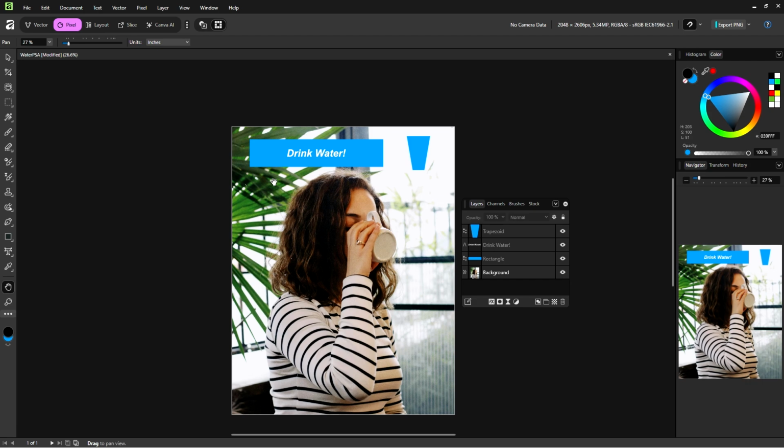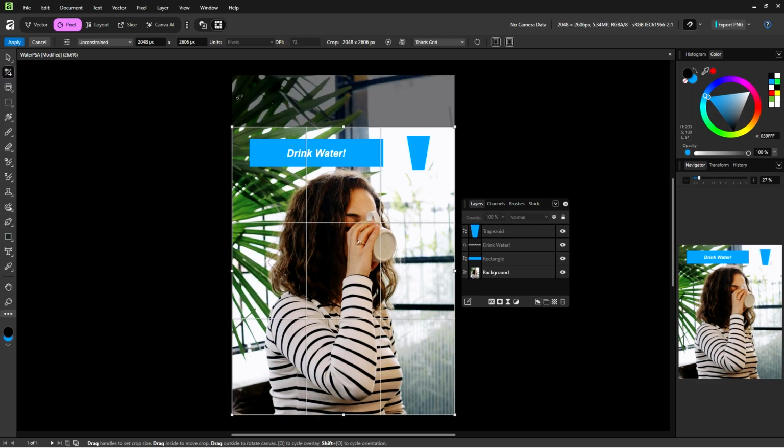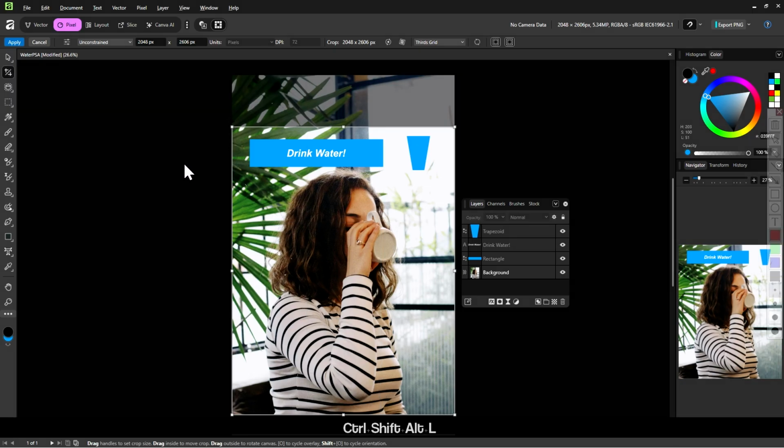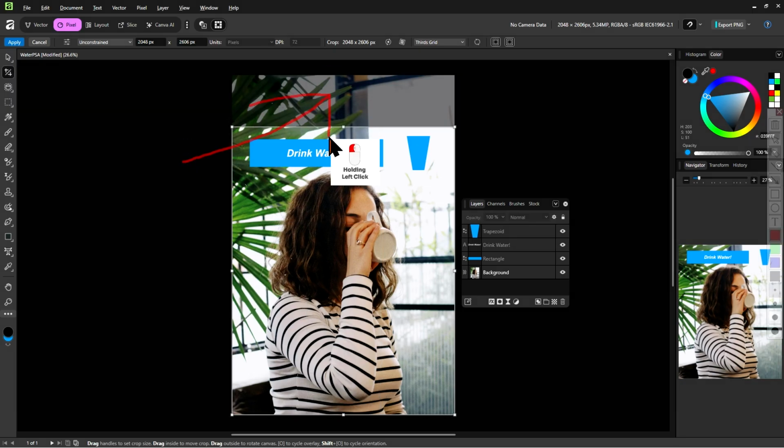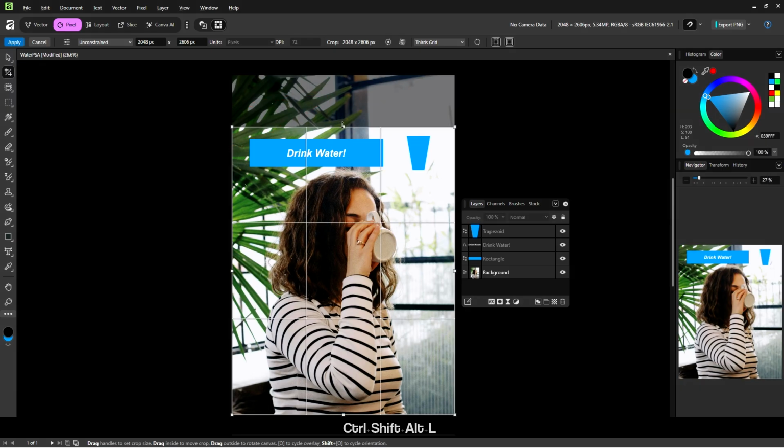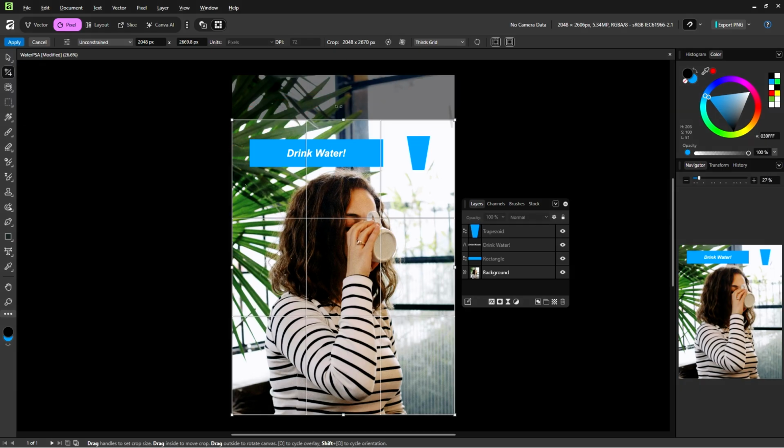But what does non-destructively mean? It just means that the cropping that we made isn't permanent. We can undo it anytime, even without using the undo command that we know with Ctrl+Z. And we can see that if we go back into the crop tool, that area we just cropped out is still there. Affinity hasn't gotten rid of it. We can get it back anytime we want just by dragging it up again.